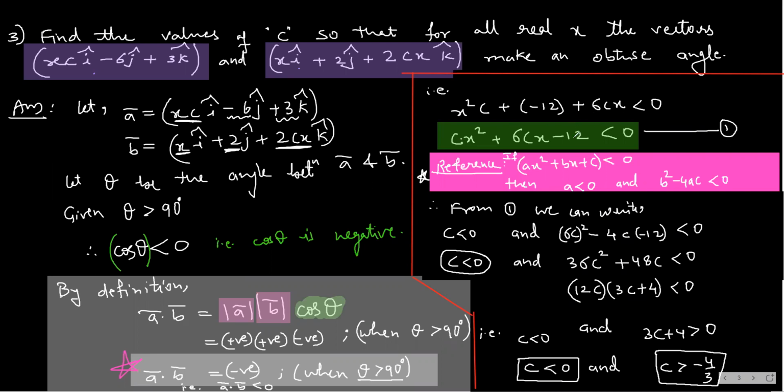Now, you know how to find the dot product. If A bar is A1 i cap plus B1 j cap plus C1 k cap and B bar is A2 i cap plus B2 j cap plus C2 k cap, then A bar dot B bar is A1 A2 plus B1 B2 plus C1 C2. That you already know. So when I applied the dot product and said it is less than 0, I got this. Now here I apply the property of quadratic inequation, and then I got this answer. Okay. Please go through this.